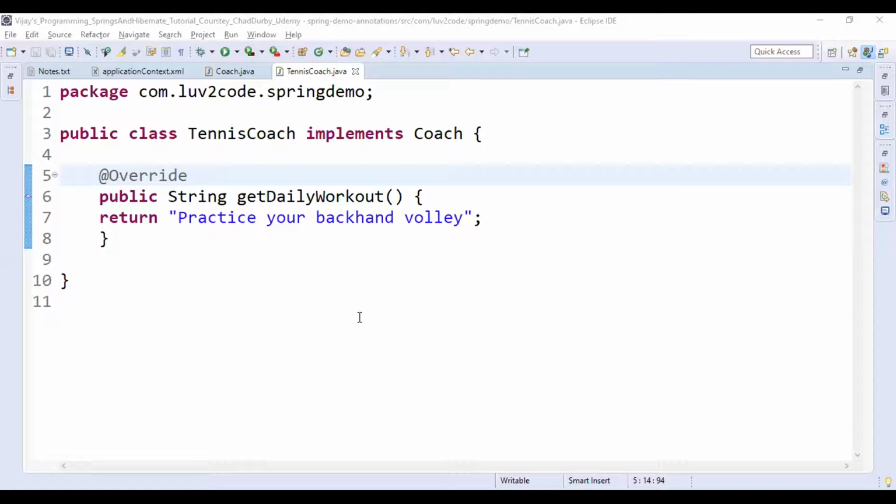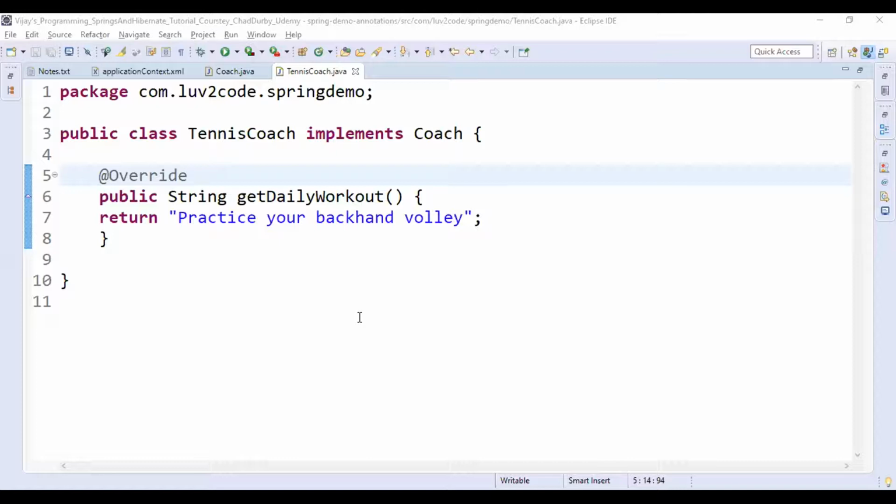Instead of configuring our Spring beans with the normal XML configuration, we can configure them with annotations.